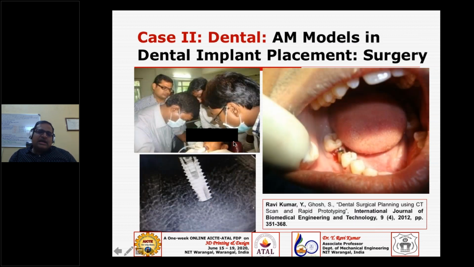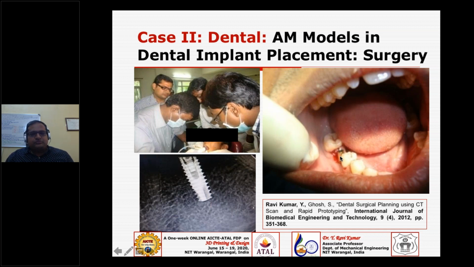Then you can go directly to the operation theater based on that rehearsal, and use only those drill bits which you tried during the rehearsal. So you can quickly complete your surgery.